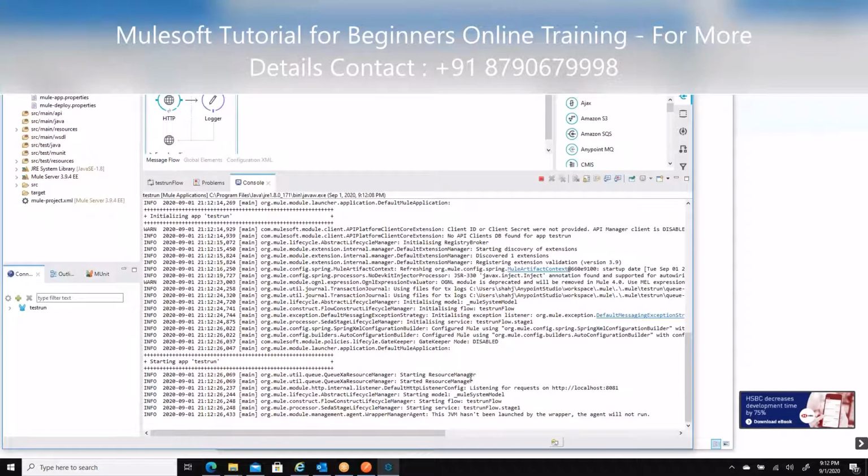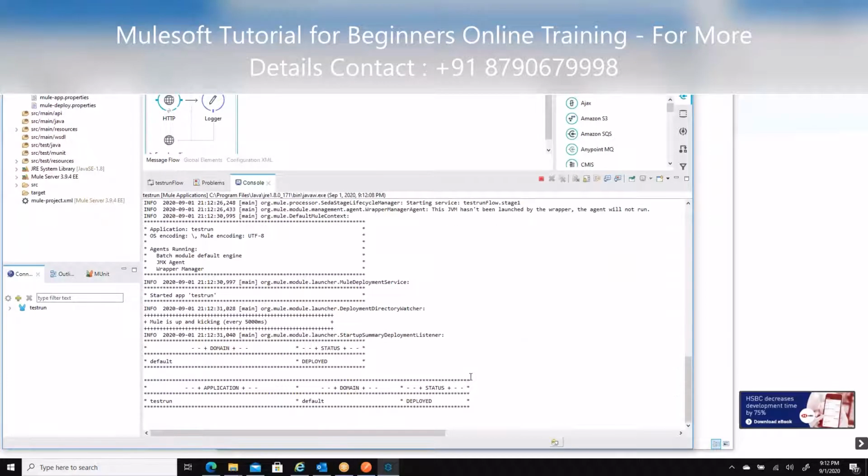So here, for testing purposes, if you use HTTP, then we need to run it from the browser, or from Postman. If you use any scheduler, that means if you schedule something, for example if you want to run this integration at midnight or early morning, 6 o'clock, based on our job schedules, we can configure. In place of HTTP, you can configure Quartz schedulers. That will automatically trigger if the application is up and running.